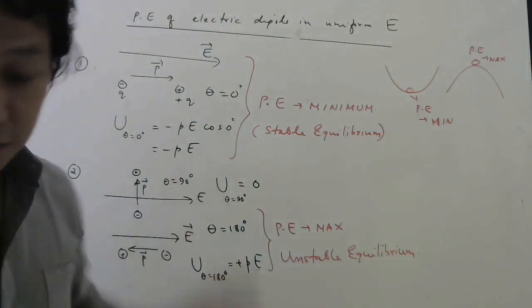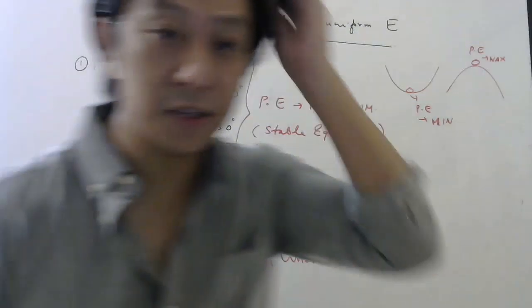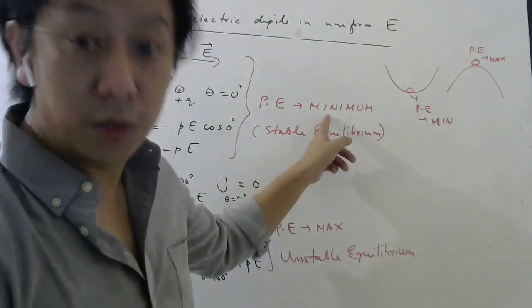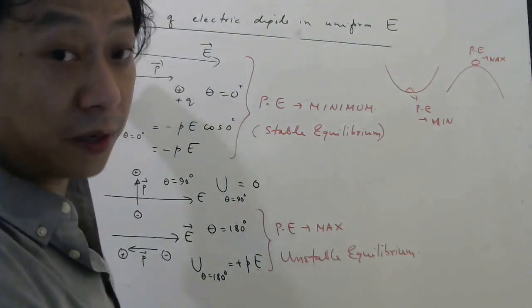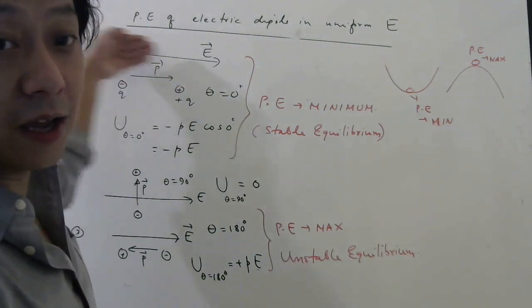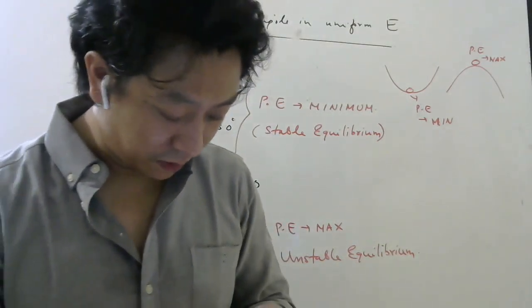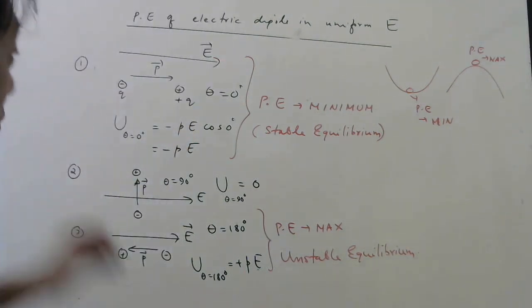They may ask you at what angle or in what kind of configuration the dipole is having minimum potential energy, which is also stable equilibrium. Then the answer is when the dipole moment vector is parallel to the electric field vector. So let us see some learning exercise now. Learning exercise 2.5, you see.